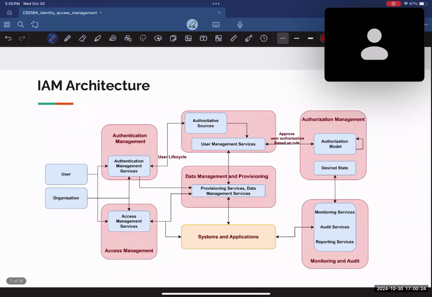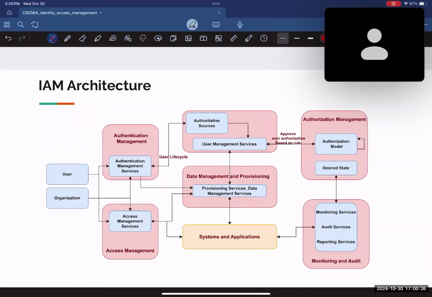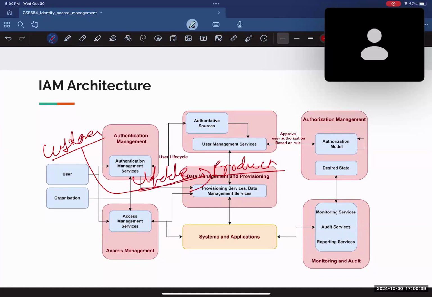But in case this customer is trying to update the product, so if this customer is trying to update the product, it should be able to do that. So it is this